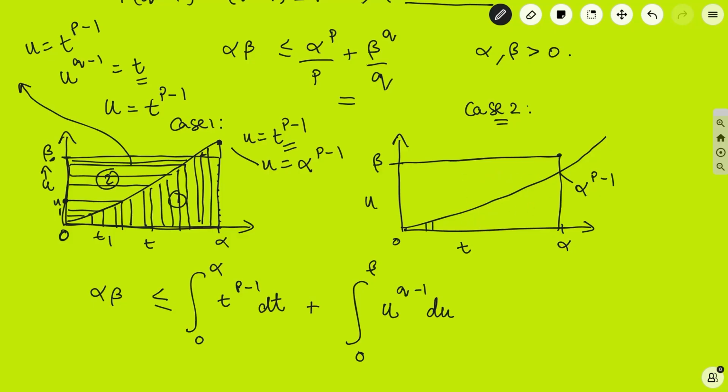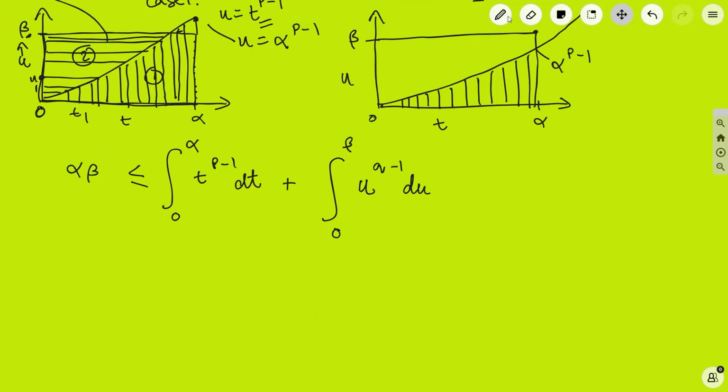You need to integrate under the curve. So what is the inequality that you have here? Let's try to figure it out. So you have integral 0 to alpha t to the power p minus 1 dt. Well, this is the same curve, t to the power p minus 1 dt. And then plus